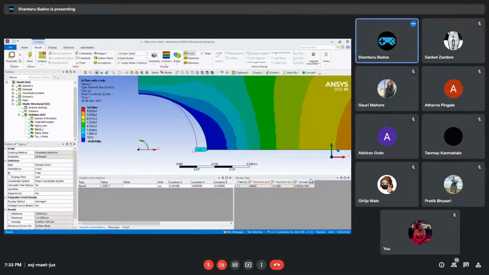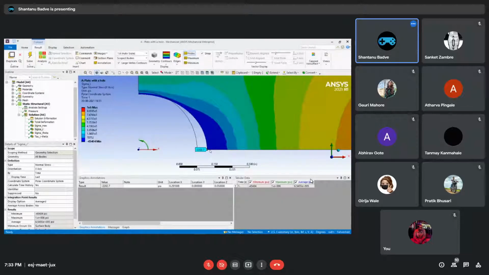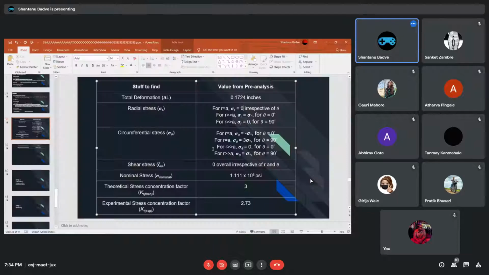It is minus 2202.07. This is obviously not 0, right? But that is the beauty of this thing. When we calculated using our hand calculations, we assumed some things like infinity and whatnot. All right. And because of that, the answers that we got were exact. They weren't finite. They were, in fact, due to assumptions.